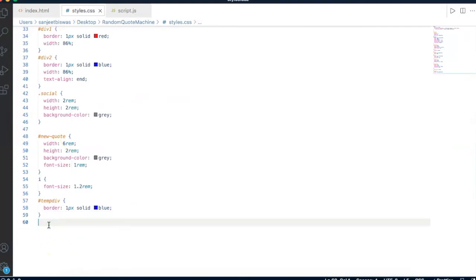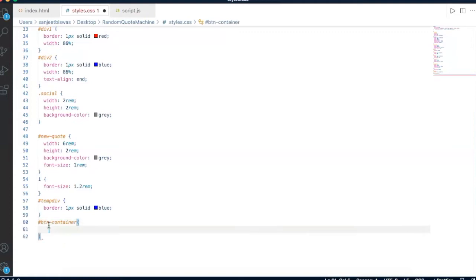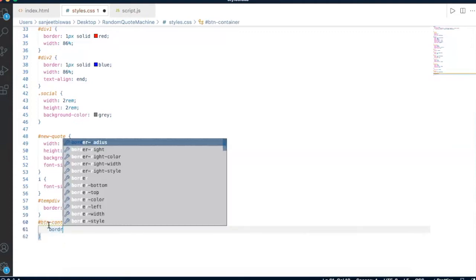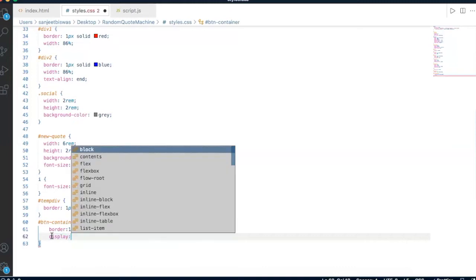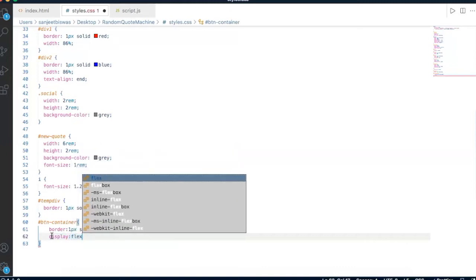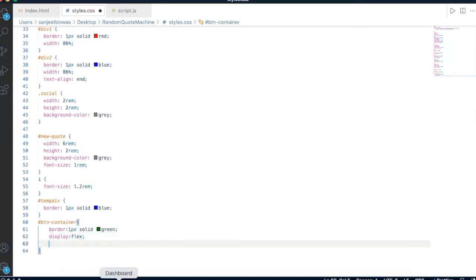So I'm going to access it here, button container. Now, as always, I'm going to give it a border of 1px solid. Let's give it green. Okay, and what I want to do is use the flex property. So let me give it display flex. I want to turn this container, button container, into flex. Now, in this flex, we want to be able to